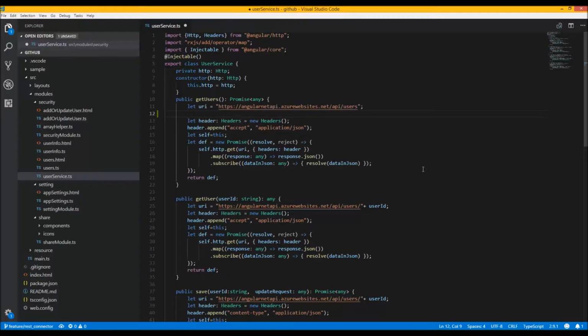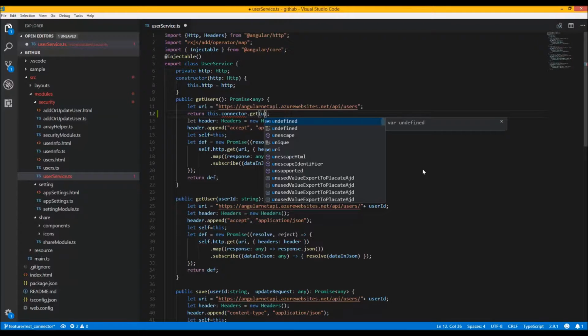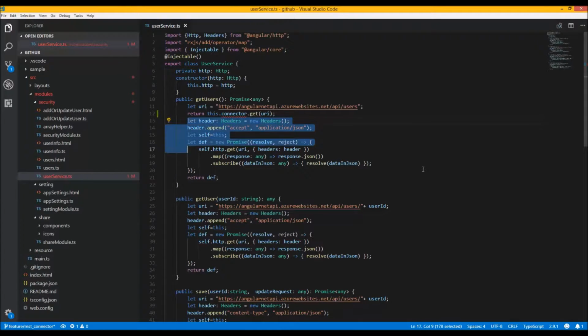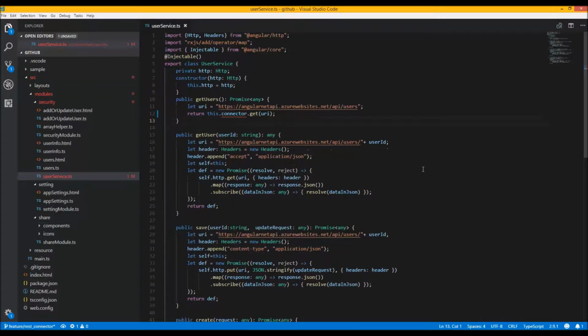This method I can improve like this: return this connector. Okay, I will pass in the URIs, and I can delete this. You can see I have a lot of duplicated code and I can replace it with this code. It is really easy. I remove the duplication in the shortcuts. Okay, so I need to inject